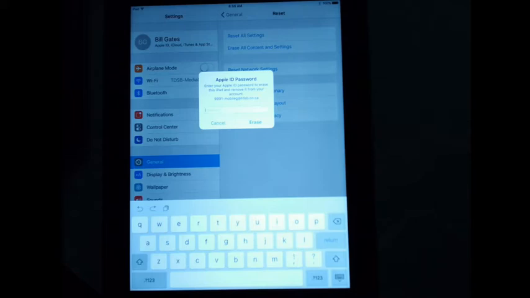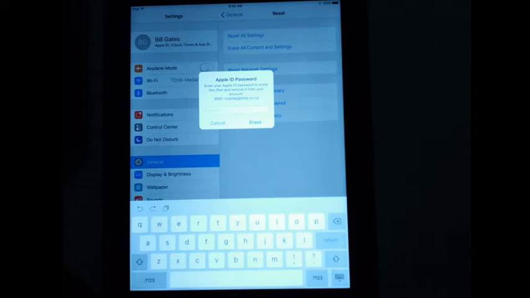And the reason for that is that when you sign in with an Apple ID on an iPad, by default what it does is it turns on this feature called Find My iPad, which basically means that that iPad is bound to that Apple ID. So that if somebody, for example, took that iPad and stole it from me, because I'm signed in with that Apple ID, I can actually track down that iPad. That's just like a default behavior of Apple IDs. They turn on this feature called Find My iPad. So you'll want to sign out.